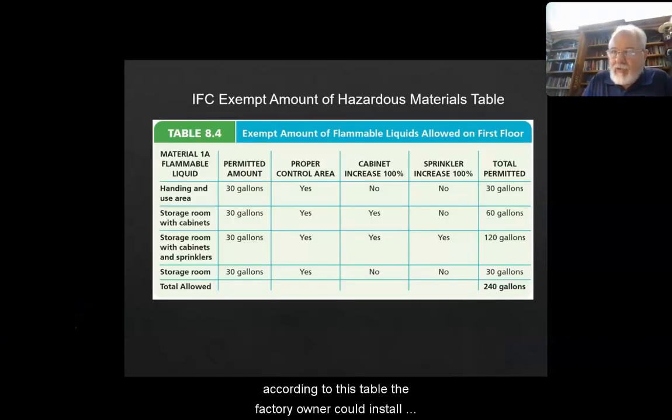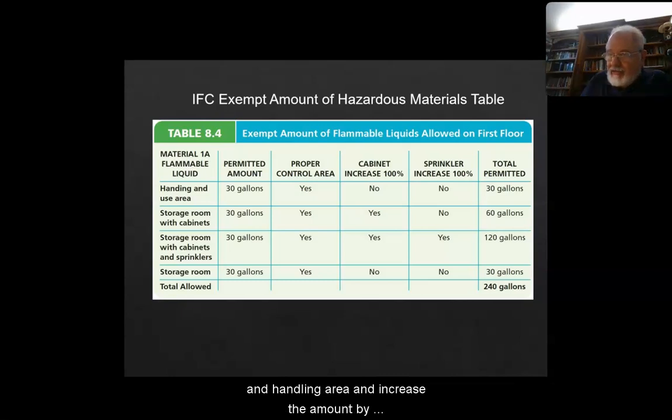According to this table, the factory owner could install additional flammable liquid cabinets in the storage room and handling area and increase the amount by another 60 gallons, or the owner could install the cabinets and sprinklers in the entire building and increase another 240 gallons to a maximum of 480 gallons of flammable liquids. If the 480 gallons were to be exceeded, the building would change use from a factory F1 to a high